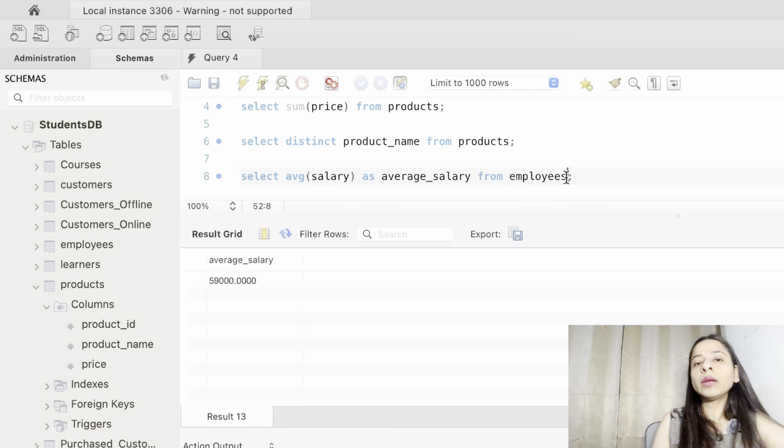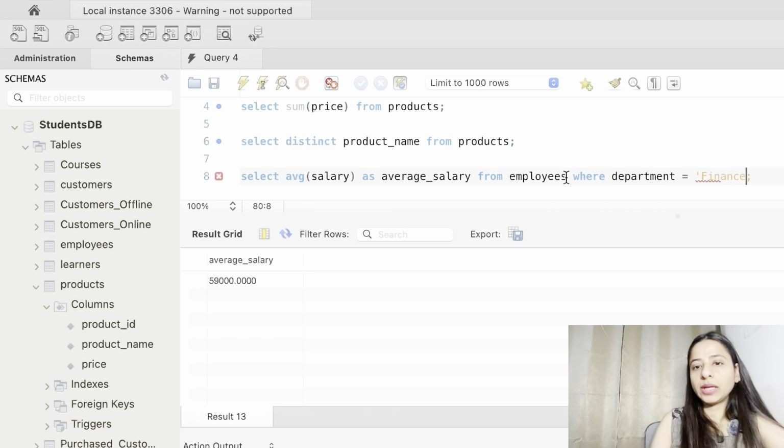So similarly, we can use the where condition or the where clause to find the average salary in any of the departments. So let's add a condition where department is equal to, let's say we just want to find the average salary in the finance department.